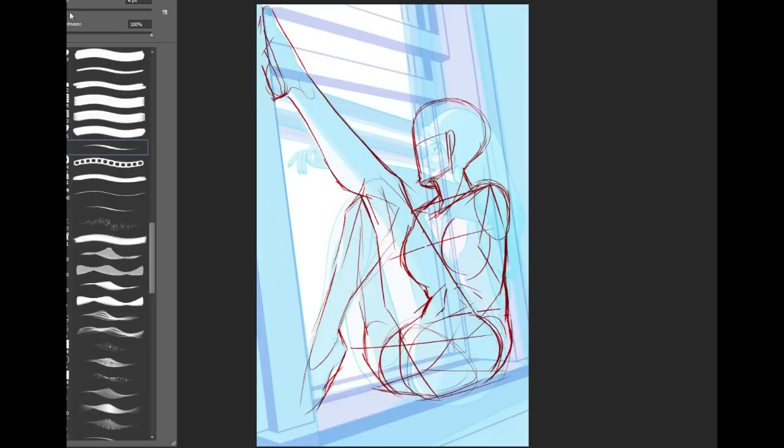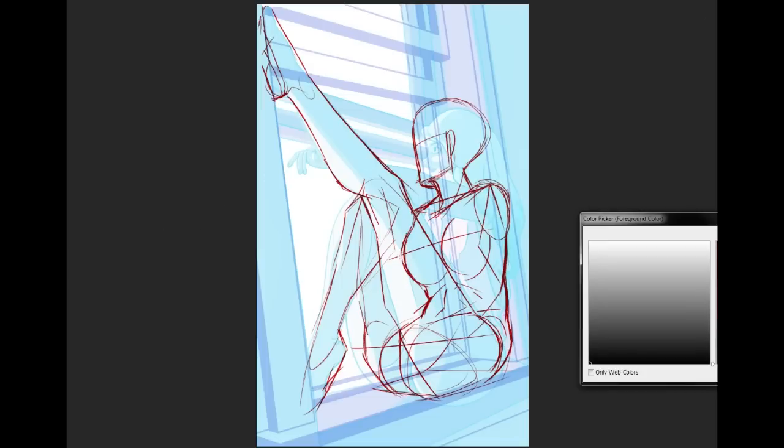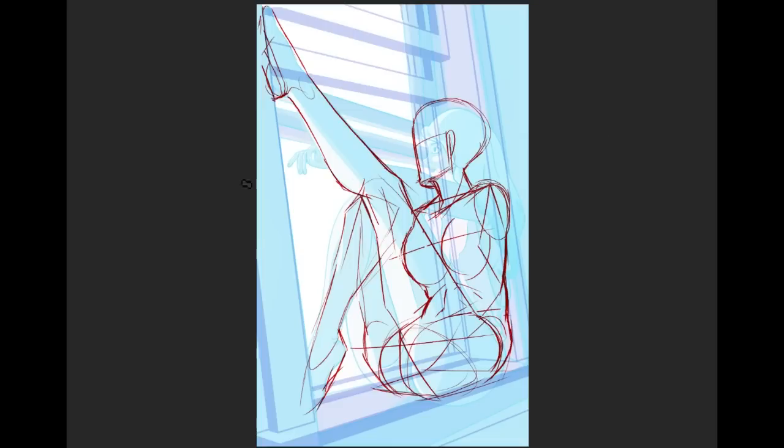Let me get a different eraser. Oh shoot, I wanted to try something with this red line. It might be a little too late for that because I've already done quite a bit, but I wanted to try... I guess I should pick like green or something. I wanted to try bringing, this is more for me, I guess. This isn't so much for you, but maybe you guys would find it helpful. So what I wanted to do was,